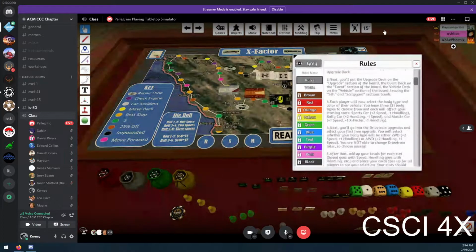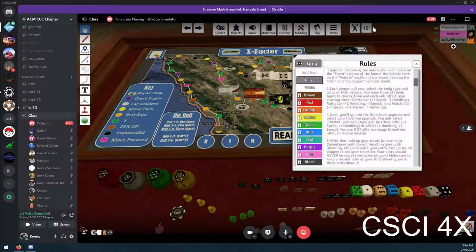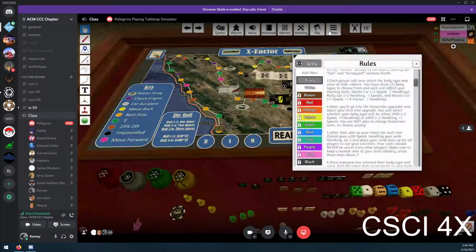You also have to take out, and we already took them out, the drivetrain deck from the upgrade deck. There are 200 total cards for the upgrades, but just to make it a little simpler. So next thing you put the